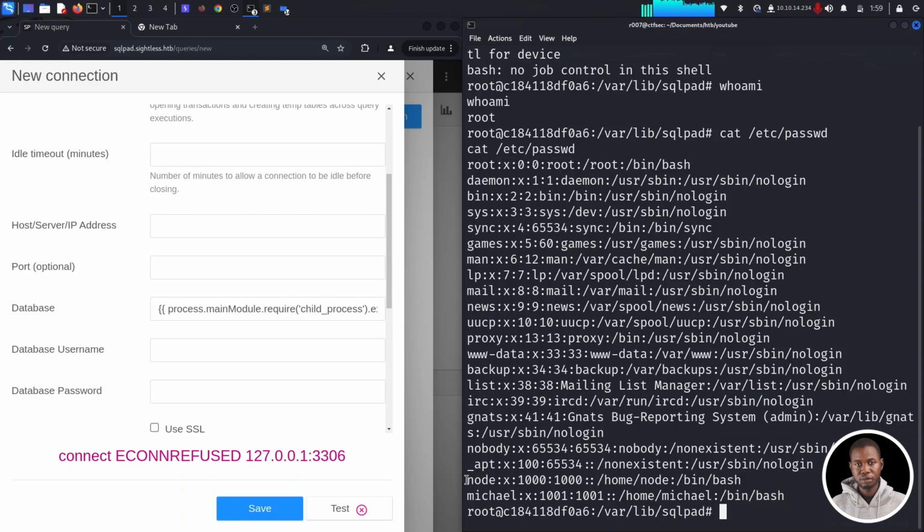We have node, which has 1,000. We have Michael, which has 1,001 here. So we probably have two actual users and then the root user here. But of the node user and the Michael user, there's a particular user that has the password set. So we need to actually verify that. To verify that, what we need is